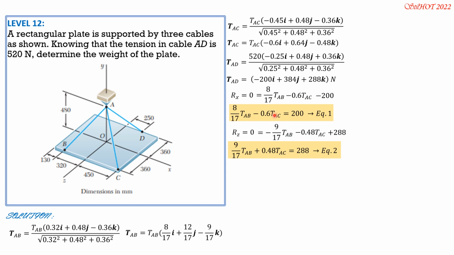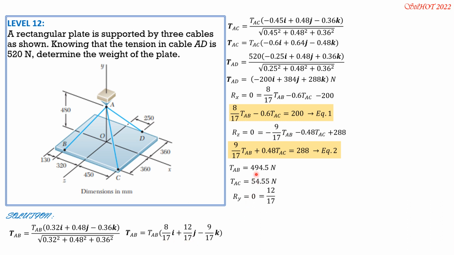So solving these two equations simultaneously by elimination or substitution, whatever method you conveniently employ. So we have tension AB is 494.5, tension AC is 54.55 newtons. Then finally, Ry is 0, and that is equal to 12 over 17 tension AB,